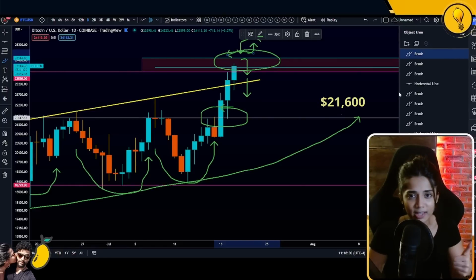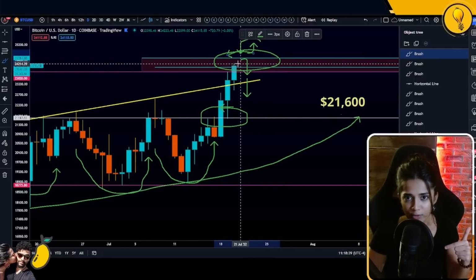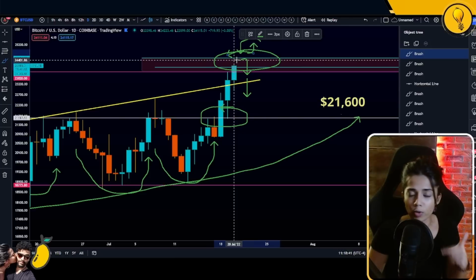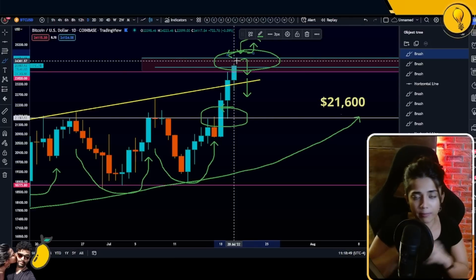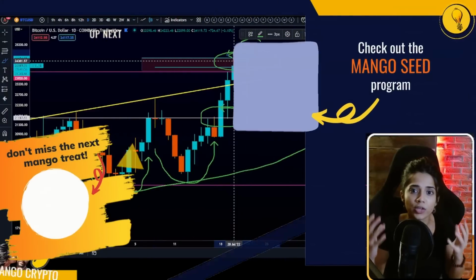Remember, to the upside, look for 24.5K to be taken out. On the downside, look for weakness along the 24.5K region because that might be presenting everyone with a good short opportunity. Remember, invalidation points are important, so make sure you have that in place if you're looking to trade this